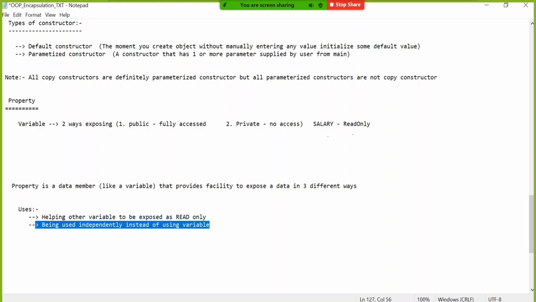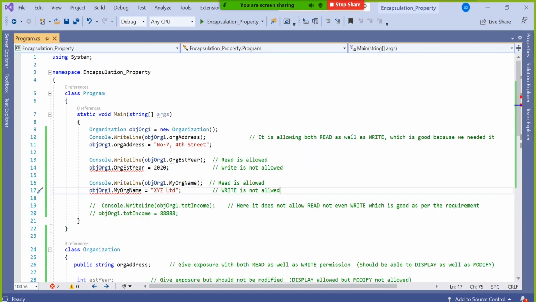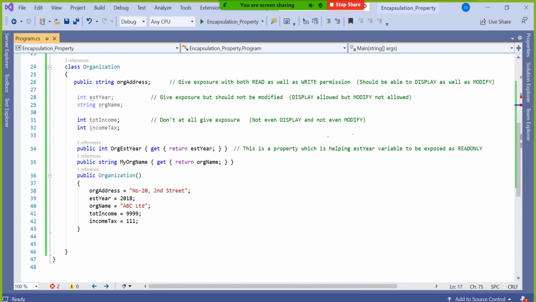It is not at all a variable. So if it is a pure property, it has two ways. Either it is helping one variable to be exposed as read only, or it is being used independently. Okay. So by chance if you are using only get and it is not returning anything, you have to write some hard-coded data here, something like please return 56, please return 100, something like that.